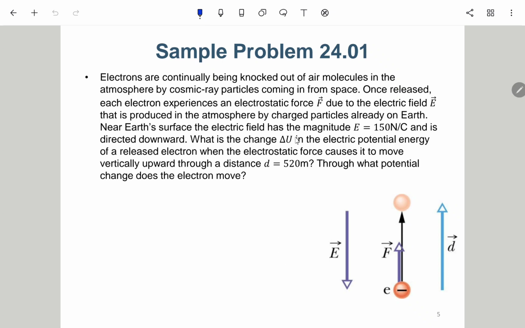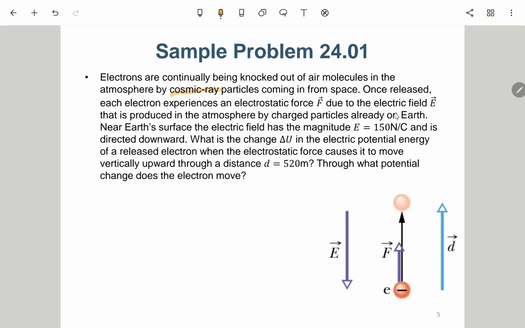Okay, so here we have a simple sample problem. So it says electrons are continually being knocked out of air molecules. 就是在这个大气里面的一个空气的分子啊，就是那个电子会被敲出来了啊。那 in the atmosphere by cosmic ray particles 就是一些宇宙的射线嘛。Okay, so coming in from space. 那这是一些所谓的 high energy particle 嘛，就第21章最后有说过一些所谓的一些high energy particle， 就是一些所谓的gamma ray 啊，或者是 X ray 之类的。